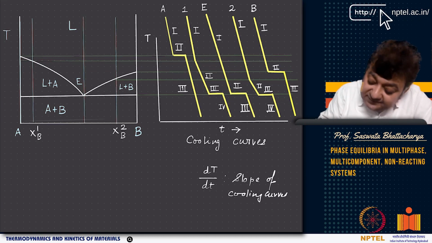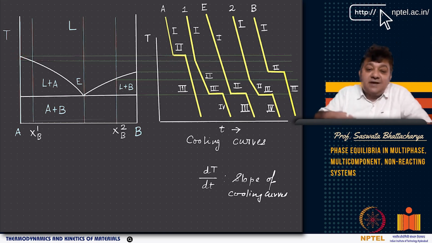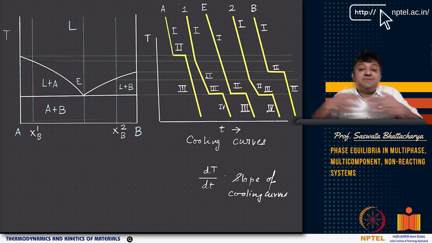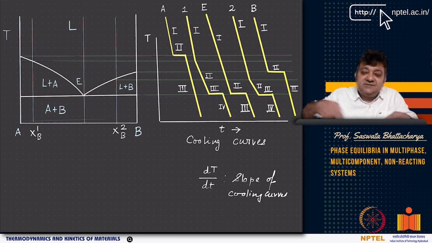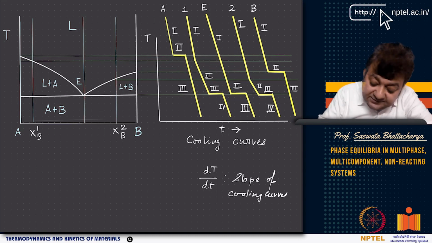But in 2, there is something very interesting happening. In 2, furnace cooling is happening. The furnace cooling means the furnace is expelling heat outside, right? However, in 2, although the furnace is expelling heat outside, there is some heat evolved. Heat evolved when, heat absorbed, right? If you are looking from this to this, here the heat is evolved. That's what we are looking at, right? We are looking at the cooling curve.